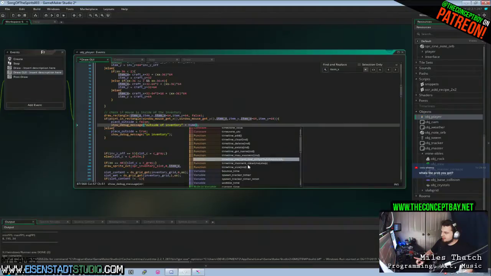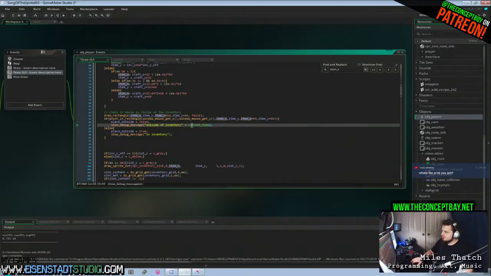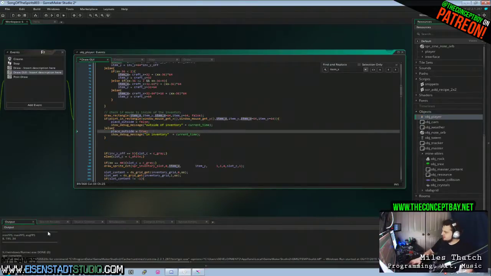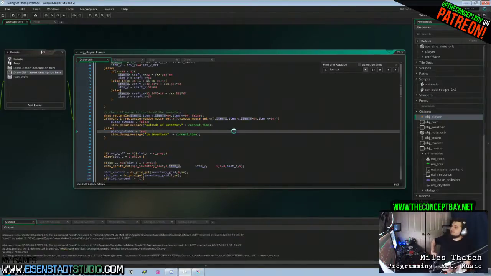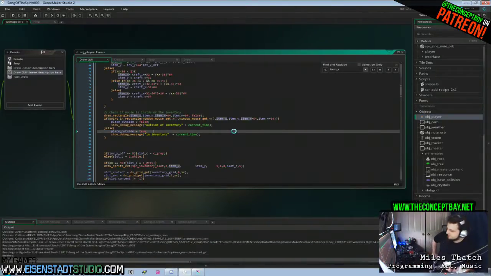Add current time to the string. Because then, take a look at this. You see, in inventory. Yeah, no. Jesus Christ, man. Yeah, so basically,